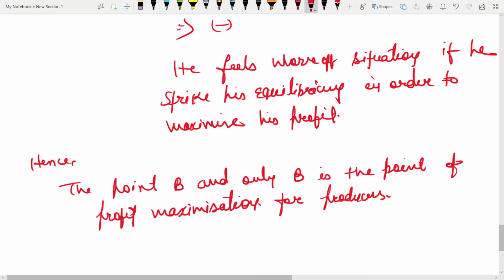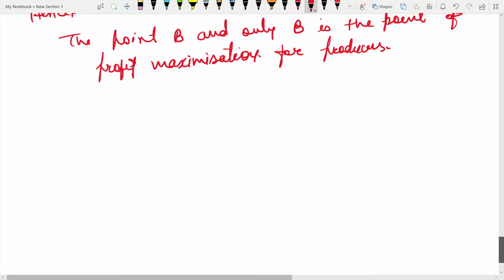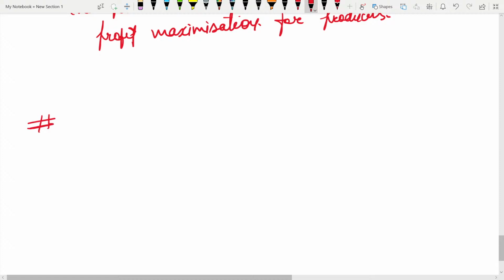And we can see that there are some points also. Let me highlight this point, the rationale of the conditions of producer equilibrium. There are three conditions that I have already discussed: MR is equal to MC, MC should be rising, and AR should be higher than or equal to AVC. Now, one condition I just want to highlight briefly: if in case MR is greater than MC, यदि MR जो है MC से greater है, तो what we will do,